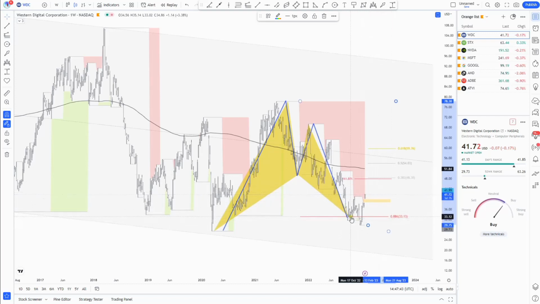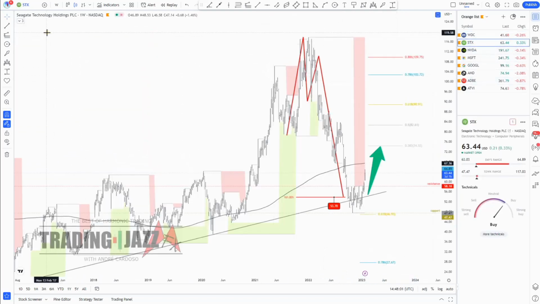So if you fail to enter the price at the completion point, of course you don't have the initial risk reward the pattern offers, which is the main objective when you trade those patterns, to take advantage of the risk reward they offer. Very similar to Western Digital, we have Seagate Technology, which is